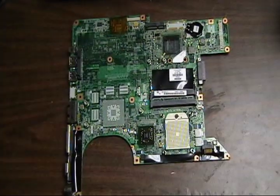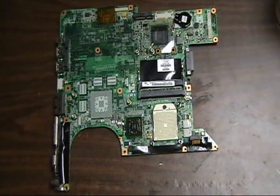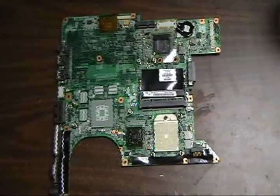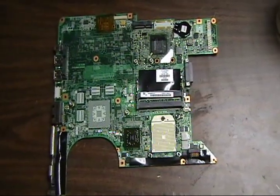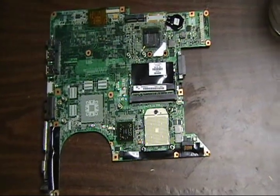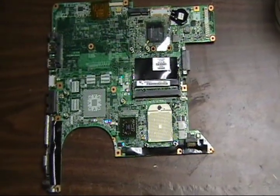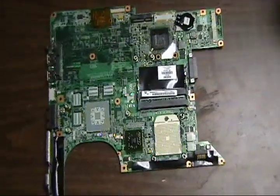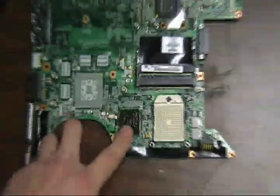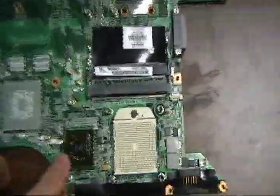Hello everyone, this is a tutorial on how to fix your DV6000 motherboard that is giving you the blue LEDs everywhere but nothing on the screen. The main problem is that some of these boards are different. Some of them will have a chip here and a chip here, but this one just has this chip, which is,